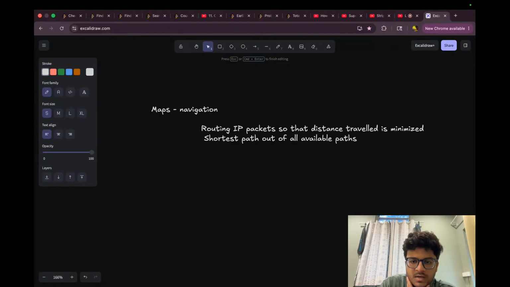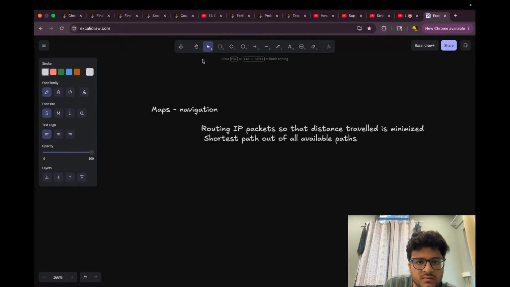And how many paths are available? It depends on how many routers there are. Let's consider it very huge. If you consider the internet now, it's very vast, more than we can imagine. If you go back to the time where it all started, I cannot say a number, but it's less. So out of all the available intermediate routers, your router has to send the packet to its nearest router, and this router has to send to its nearest, so that the entire path from router A to router B is minimized. And if you see the permutation and combination, which I'm pretty bad at, but yeah, if you see,